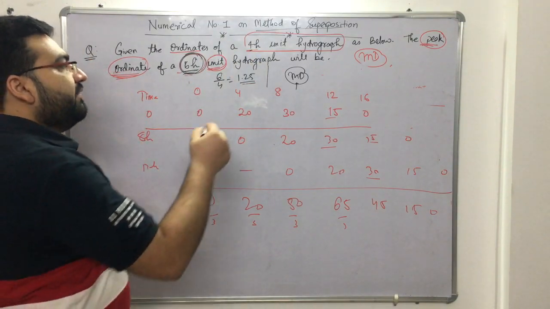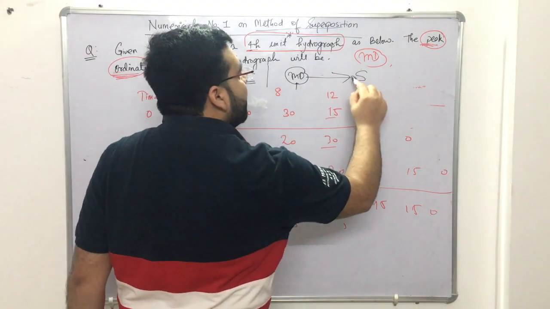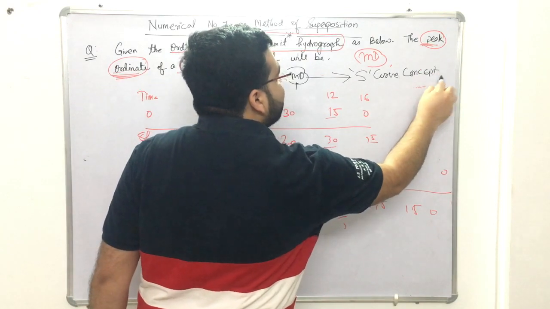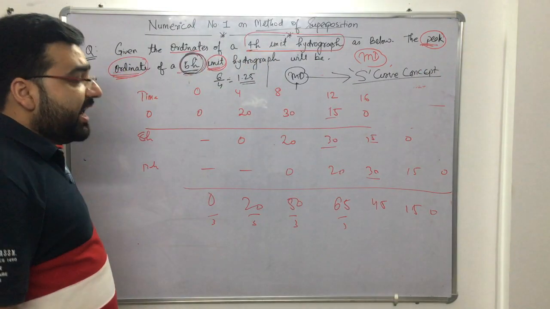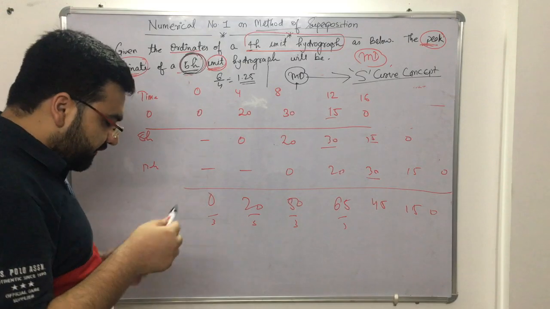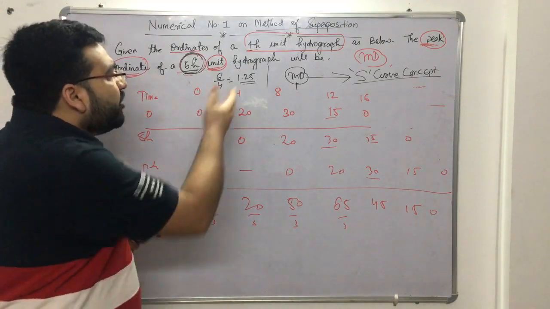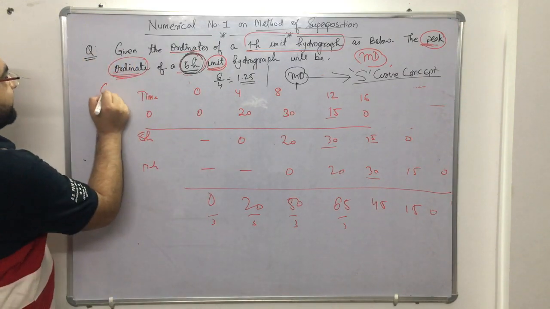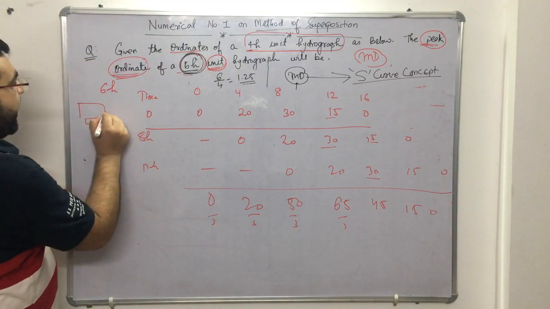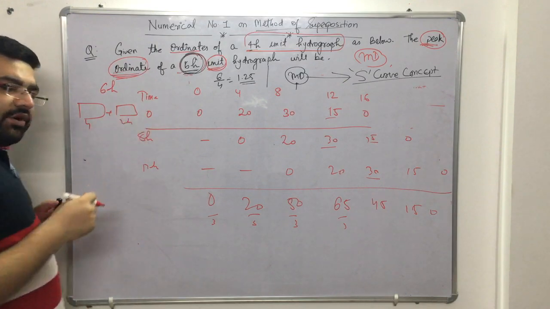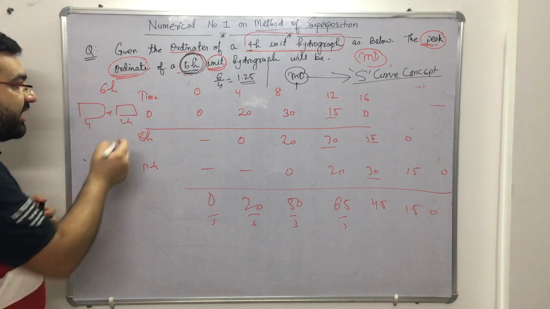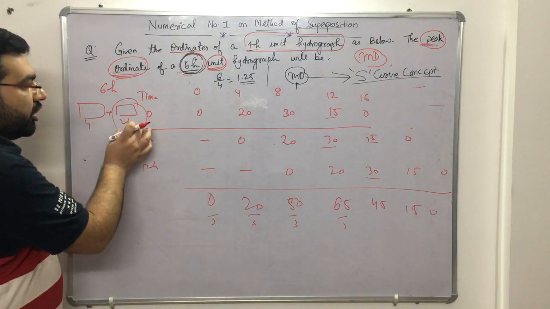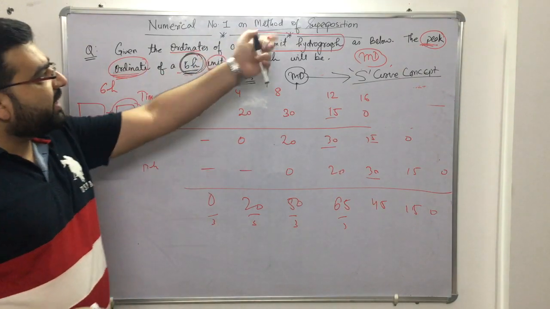So what we have to do is come up with another concept, known as the S-curve concept. That is also a very easy concept. Let us understand the S-curve, and one more important thing which a lot of students don't know: why use this S-curve? Can't we do it like this? If it is 6 hours, can't we do 4 hours plus 2 hours? Yes, we can, but we don't know the ordinates of a 2-hour unit hydrograph. If we knew them, we could also apply the method of superposition.